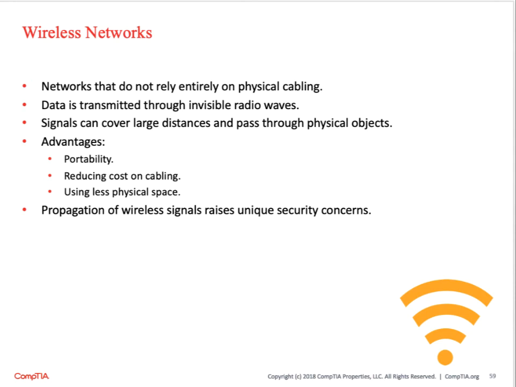Okay, so now that we've configured our network components that apply to both wired and wireless architecture, we have wireless devices and protocols that have their own unique security challenges. So, wireless networks are going to be fundamentally networks that do not solely rely on physical cabling and network infrastructure. Instead, data in a wireless network is going to be transmitted through low frequency radio waves,